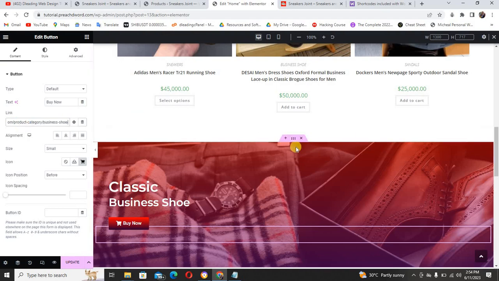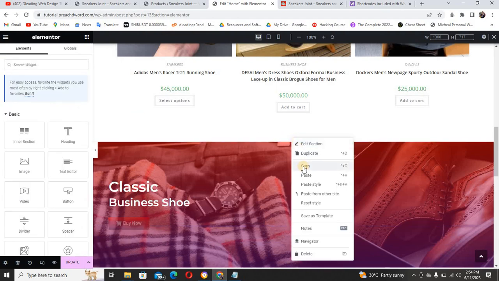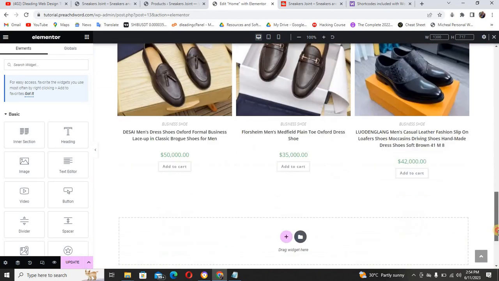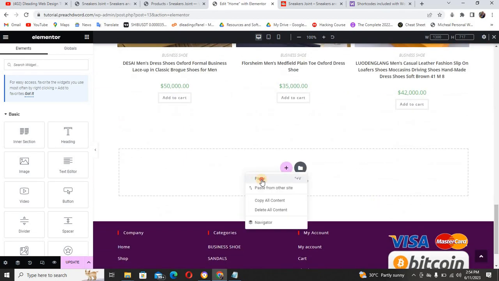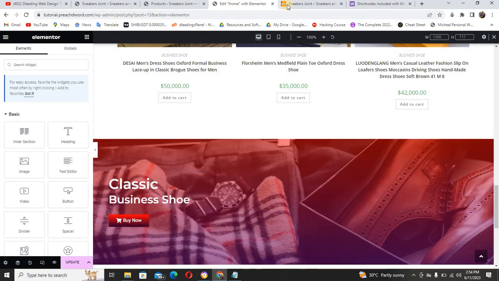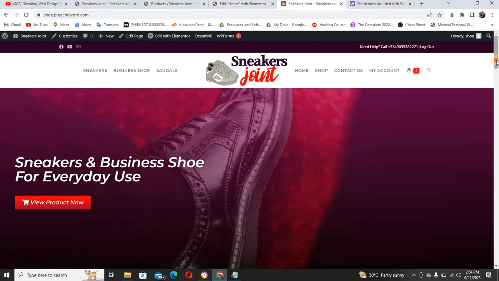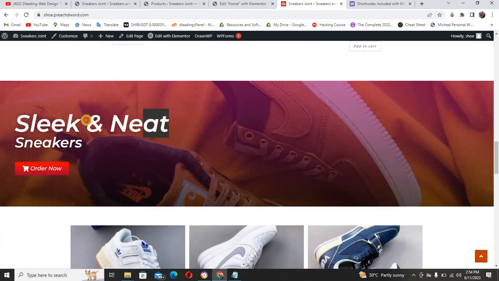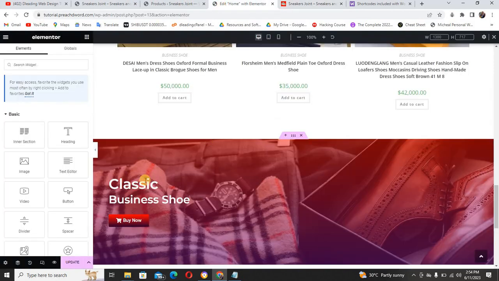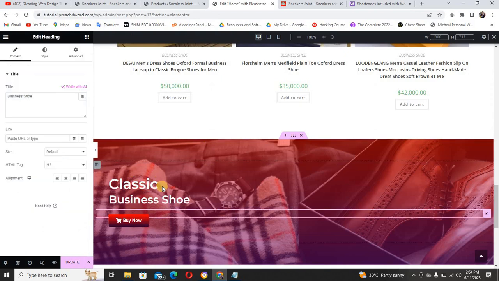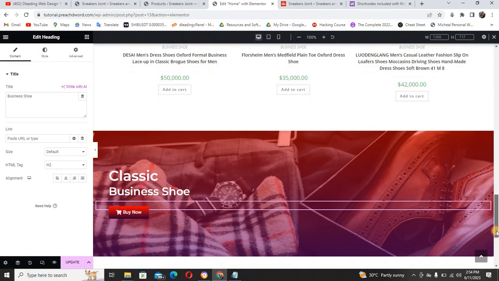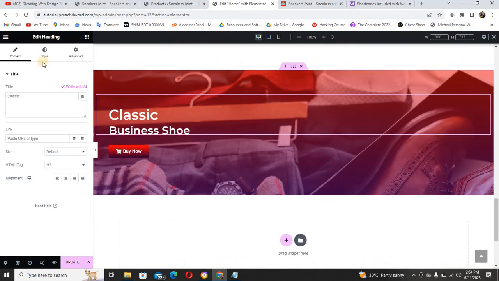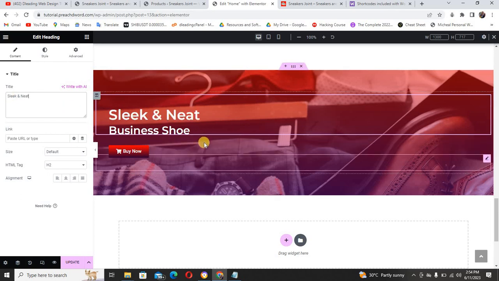Paste it here. Now I will copy this place again, Ctrl C. I will scroll down and paste it here. I want to do the second category. What is the second category we have? After business shoe we do sneakers. So I will just copy all this, Ctrl C, come here and paste it here. Under this classic, I will paste this here, and under this business shoe,